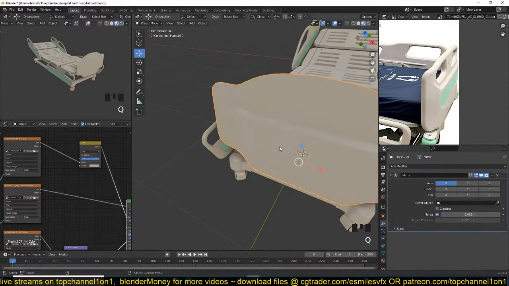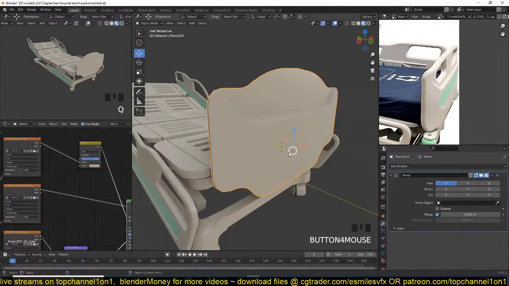Shade smooth, auto smooth, like that. Then